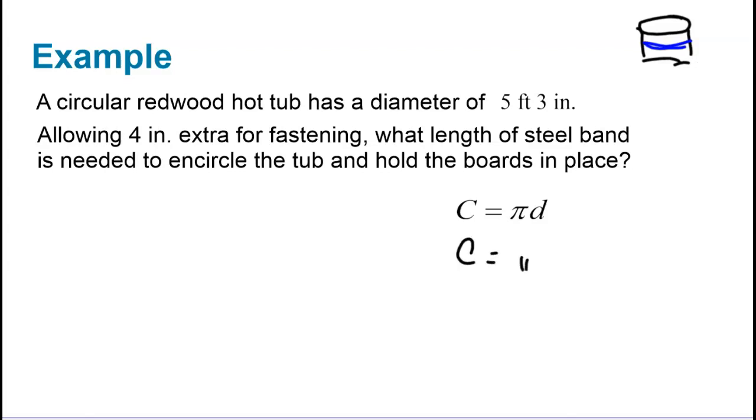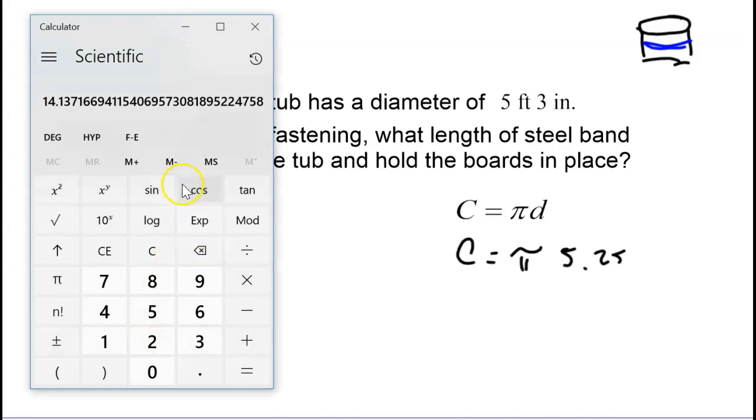Circumference equals pi times the diameter, and 5 foot 3 inches is going to be tough, so we'll put this in as 5.25 because 0.25 is a quarter of a foot. We'll calculate this all the way out, since we are going to need to buy some steel banding for this, so we'll need a number that's close. It might not be quite exactly precise, but go 5.25